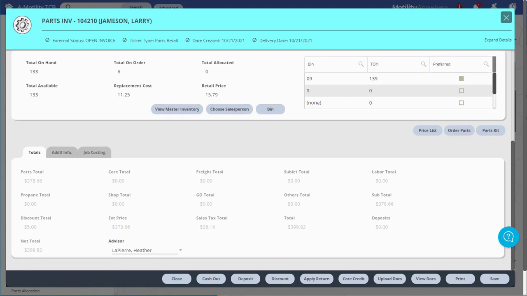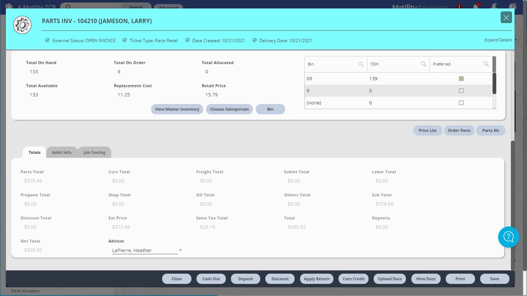Continue scrolling down the invoice to view the invoice breakdown. This will display the totals for each aspect of the invoice, including deposit amounts and sales tax. If you need to take a deposit for the invoice, select the Deposit button at the bottom of the window. Please note that you will have to choose the entity for the invoice to be able to take a deposit. You can enter the deposit amount and choose to cash out the deposit to take the payment or send it